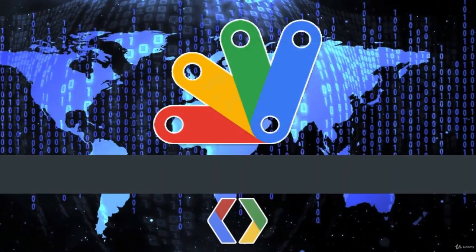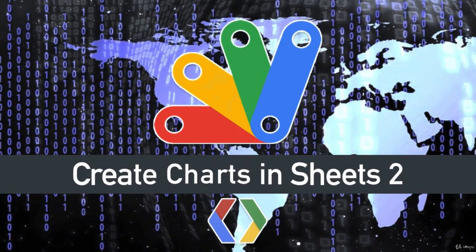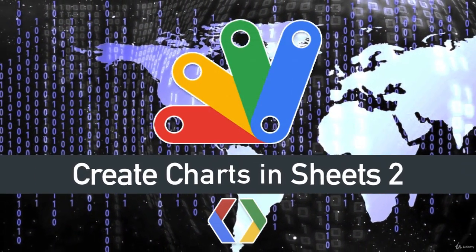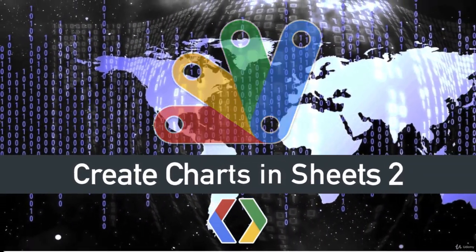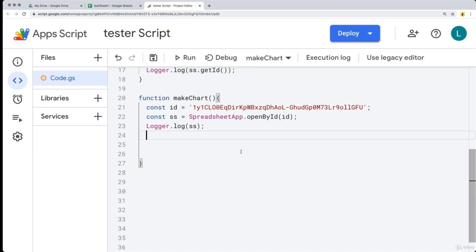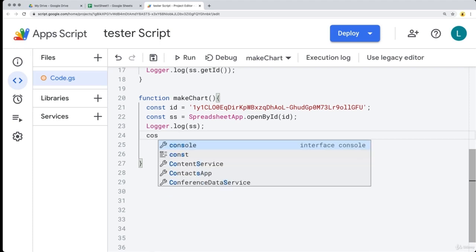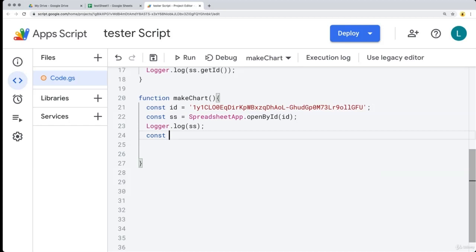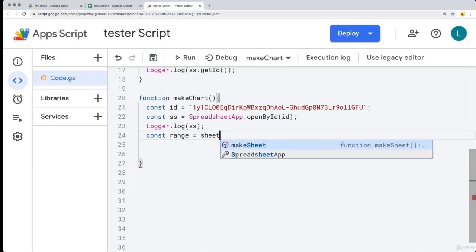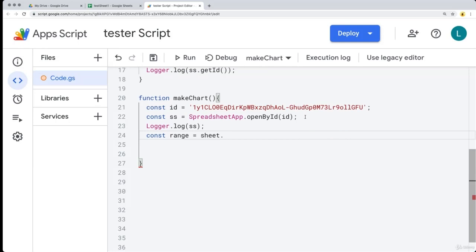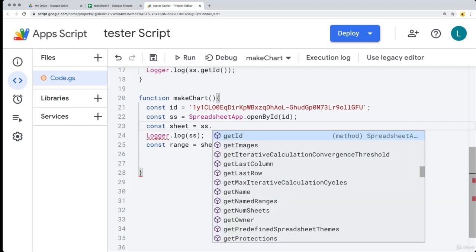This lesson is going to be a continuation from the last one, where we're going to continue to build out a chart and create a chart within the sheet. We want to get our range from the spreadsheet. So let's select our range for the chart. And we can just call this our range. And using the sheet, and actually we do need to select a sheet as well. So sheet, and using the spreadsheet object,